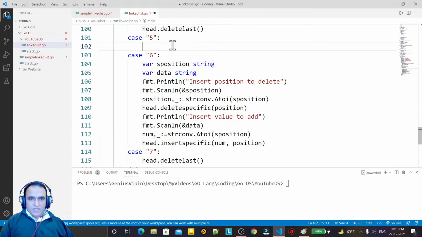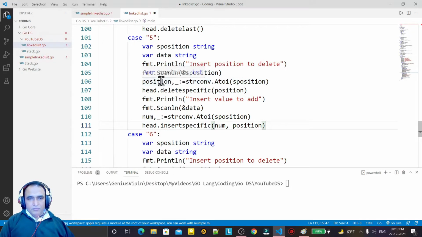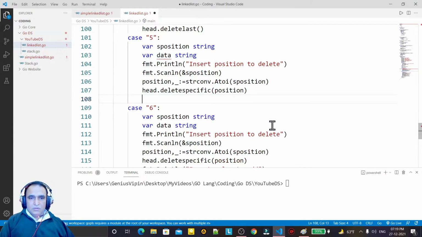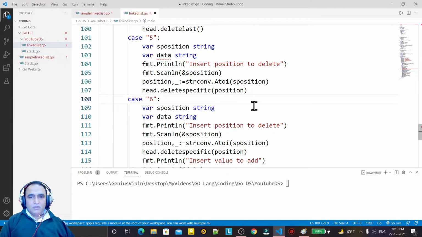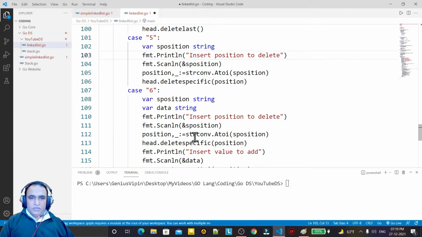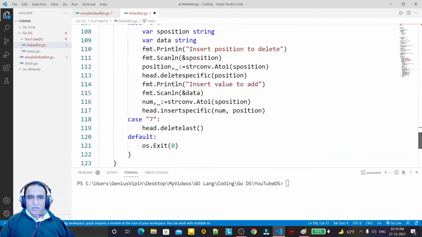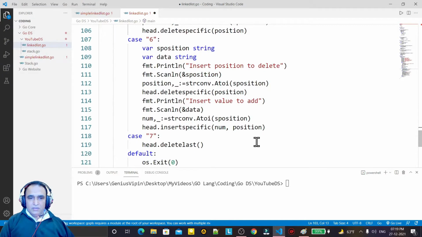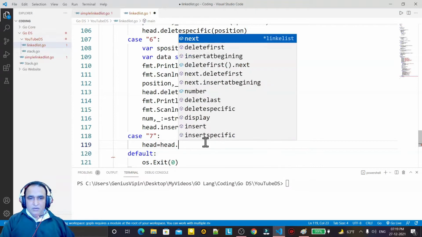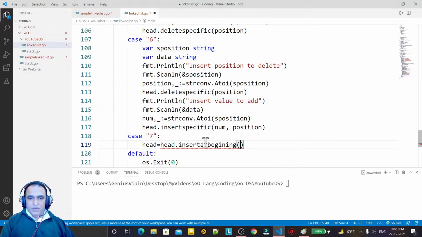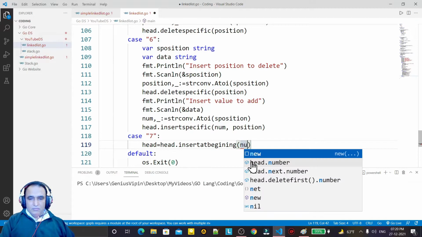Now for delete at specific position, same code we have, but I have to just ask the deletion only, like this, the position where I want to delete a node. So that is also done, no need of this variable. So insertion is done, deletion is done. Then we have to call head equal to head dot insert at beginning, and here I have to pass a num value.